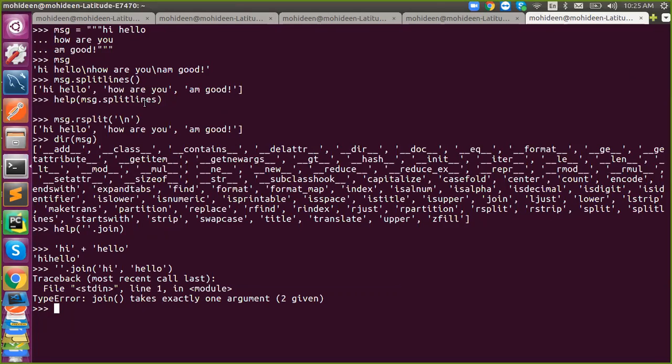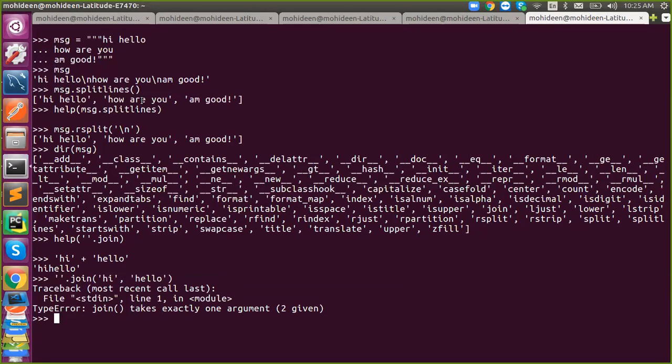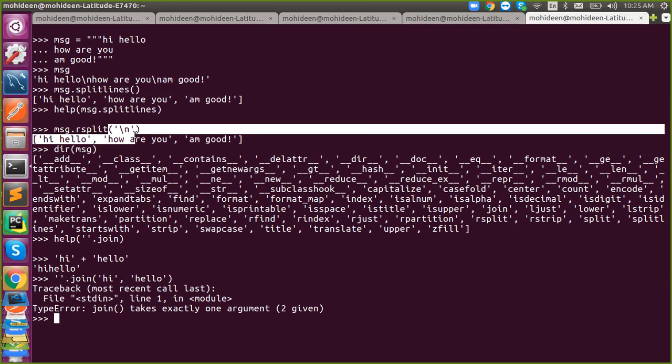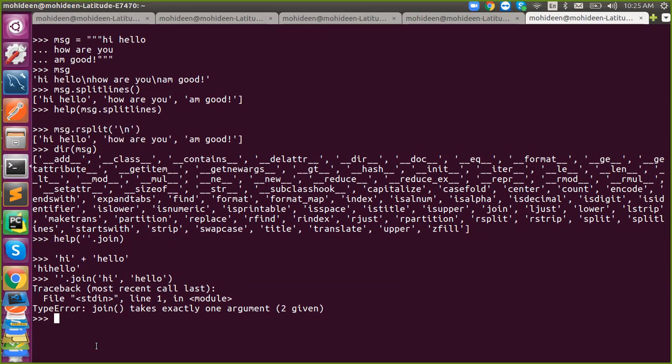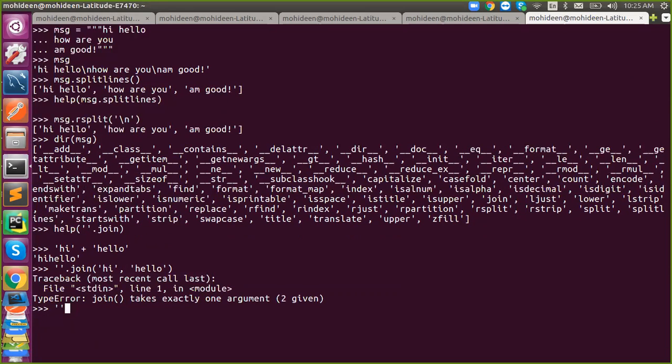So in other methods like splitlines, etc., and split, this is your primary input, and this is your secondary, that is the separator, the substring. Understand? But in terms of join, what you give before it is the secondary, and what you pass into it is the primary input.